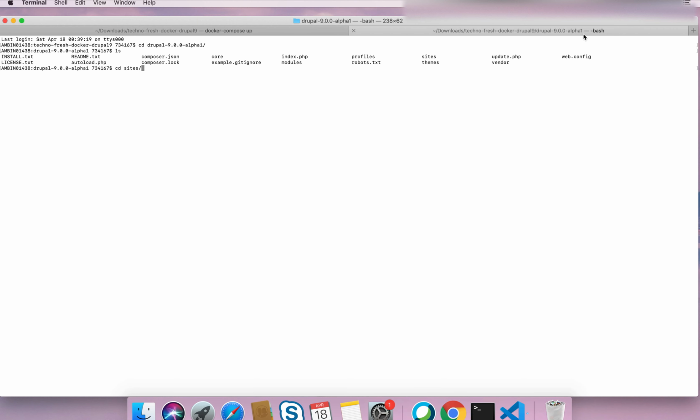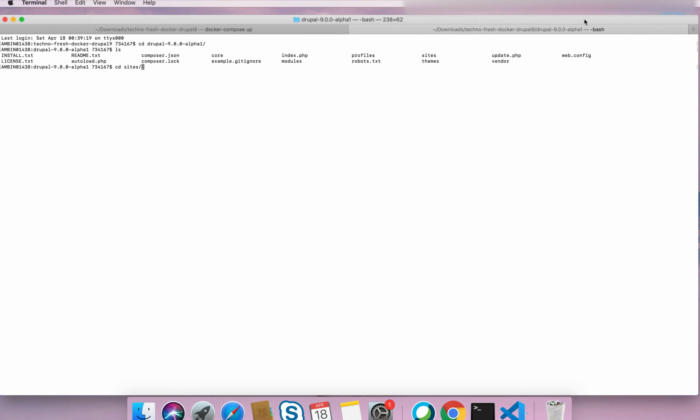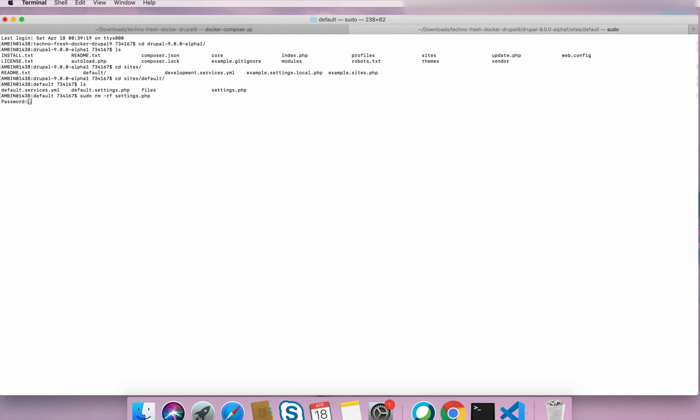So cd Drupal, ls, cd sites, default. I need to delete it, so I need to do sudo rm -rf settings.php.